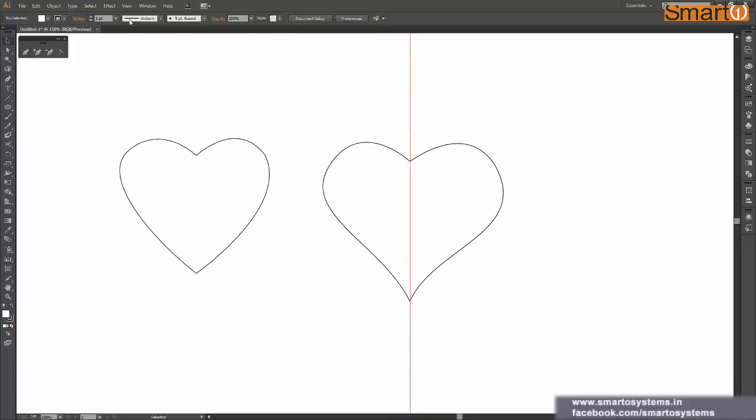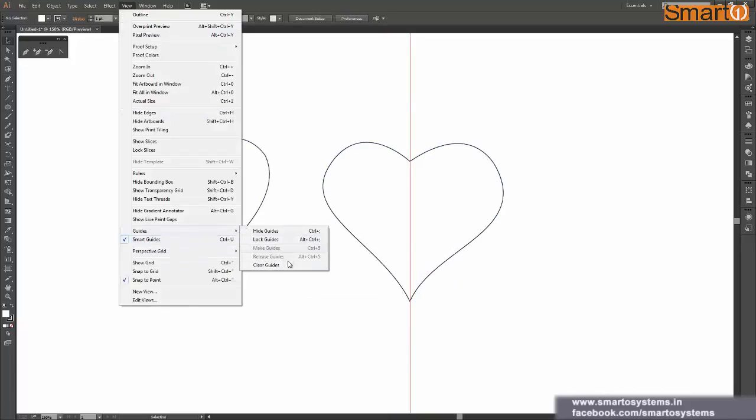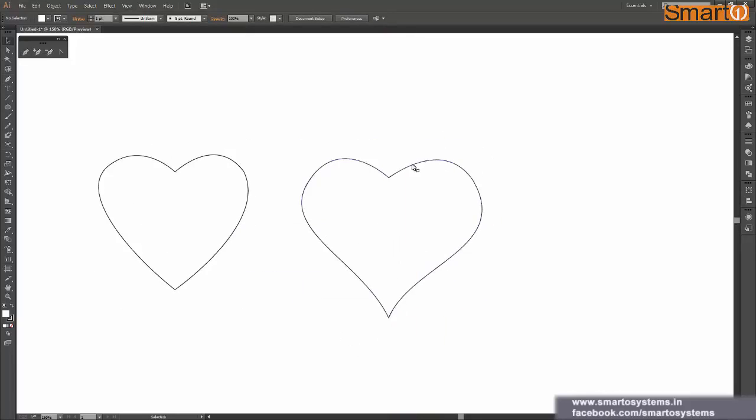Okay, so let's remove our guides, clear guide, and you can see this time we have achieved an even more symmetrical shape. I think few minor adjustments, that's it, and here we are done. Yes, that looks exactly the same, very close results. So yeah, there are different ways to achieve the same thing, and it depends solely on you, which technique is more comfortable to you.